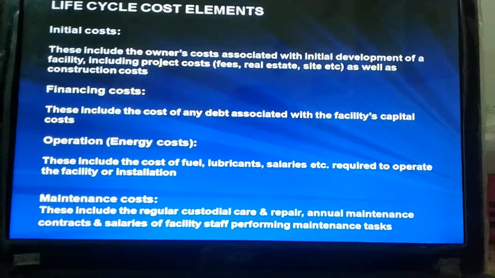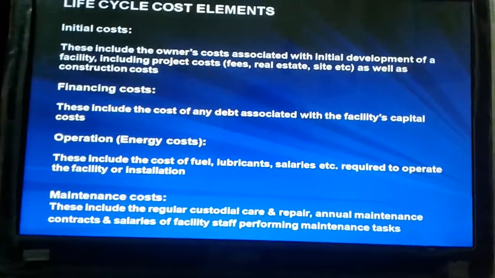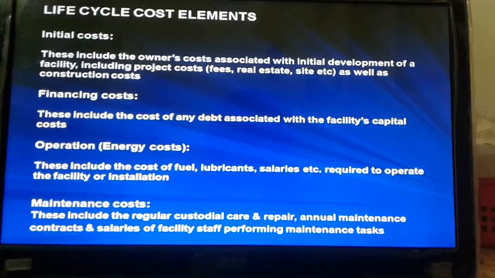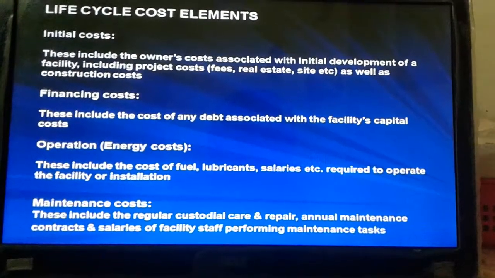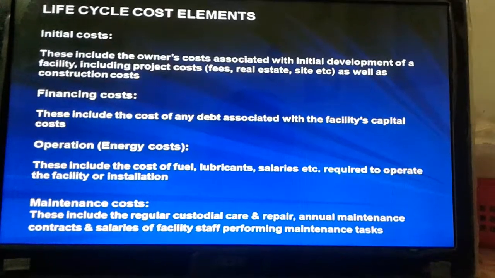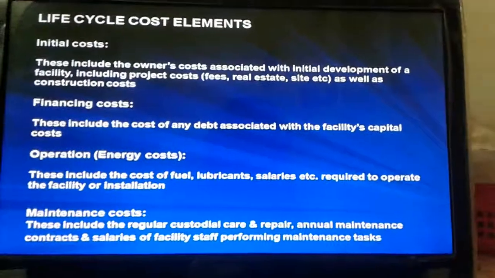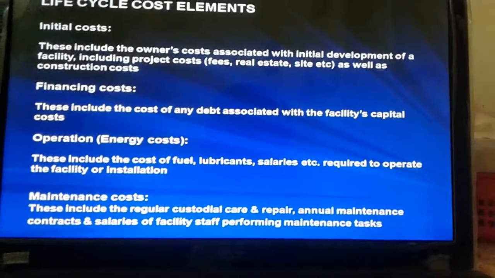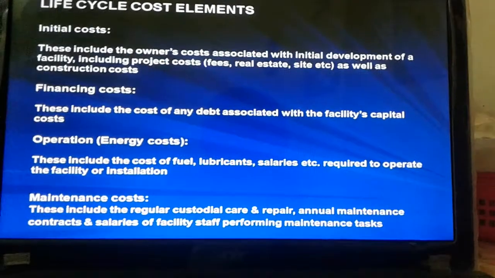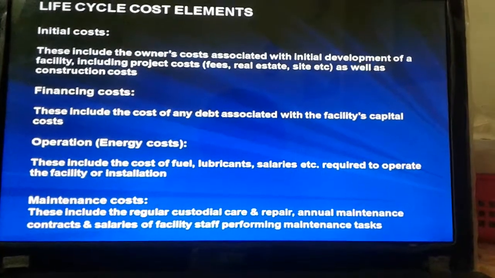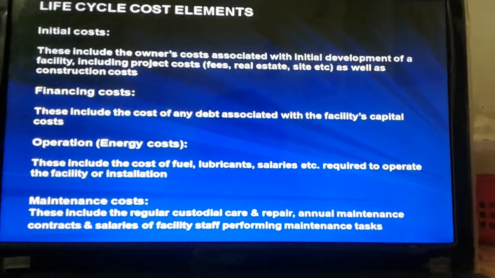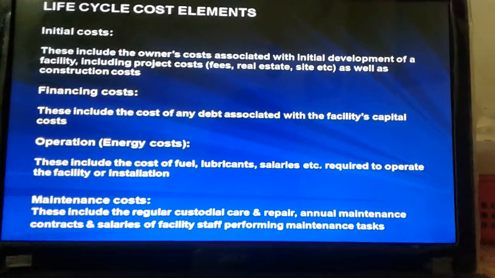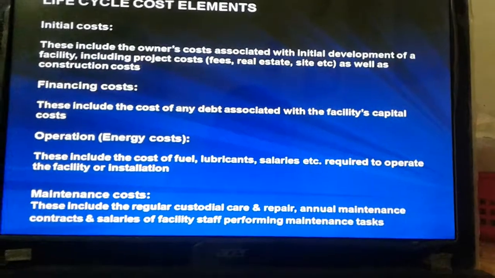Life cycle cost elements. First, initial costs. These include the owner's cost associated with initial development of a facility, including the project cost, fees, real estate, site, etc., as well as construction cost. Financing cost. These include the cost of any debt associated with the facility's capital costs. Operation. It includes energy costs. This includes the cost of fuel, lubricants, salaries, etc. to operate the facility